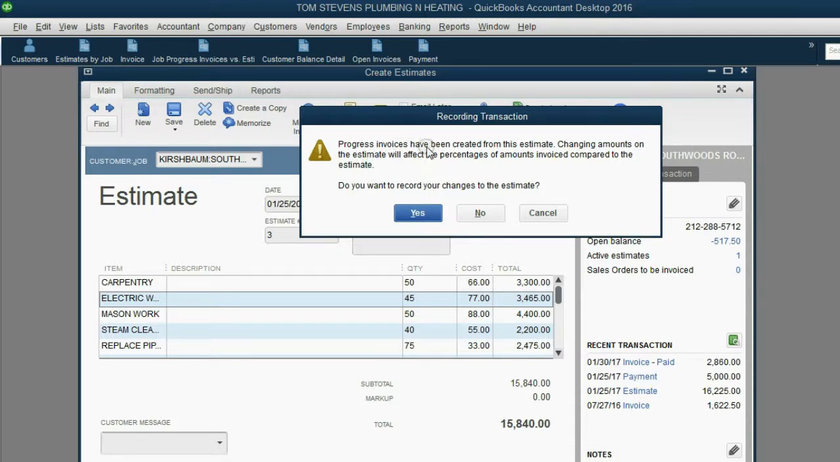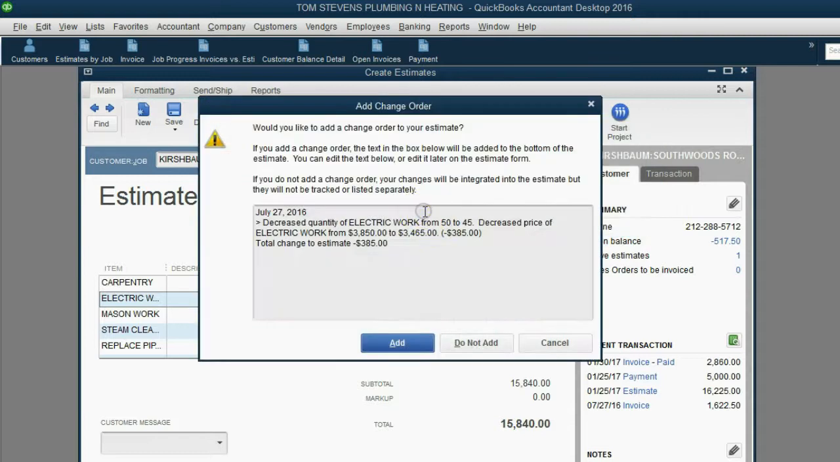Progress invoices have been made for this estimate. Changing amounts on the estimate will affect the percentage of amounts invoiced compared to the estimate. Do you want to record the changes to the estimate? When we click Yes, we get Add Change Order, and of course, I'm recording this video on July 27th of